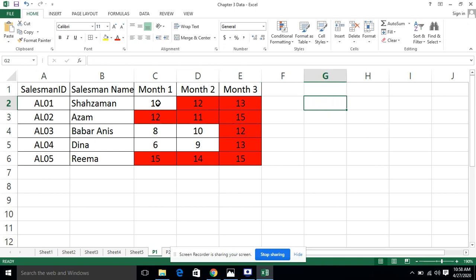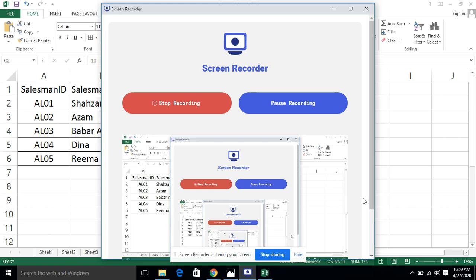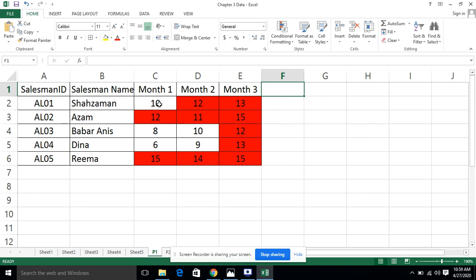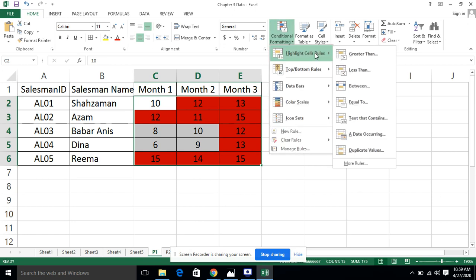Again, the second point is that where the cars sold are less than 8, change it to a dark blue color background. This problem is mentioned in the statement as we have discussed: data showing car sales below 8, change it into the dark blue color background. So we will select it and go again to the conditional formatting options.